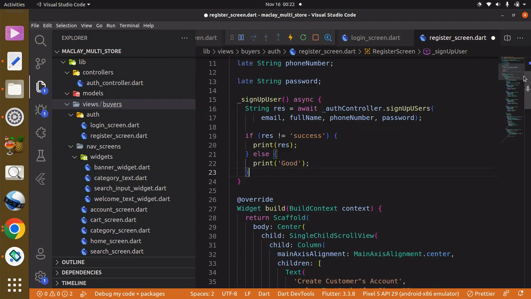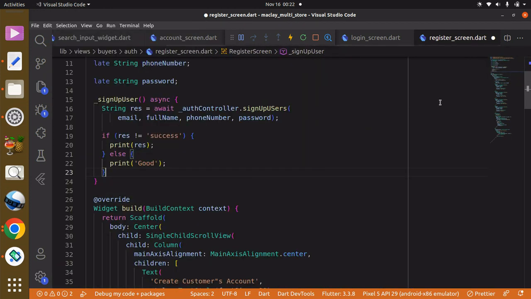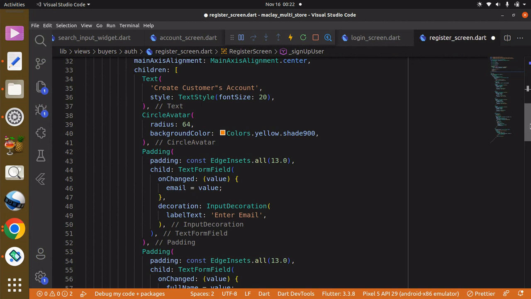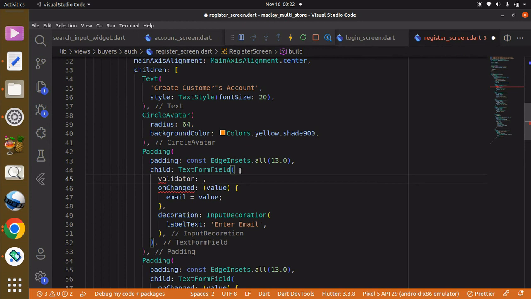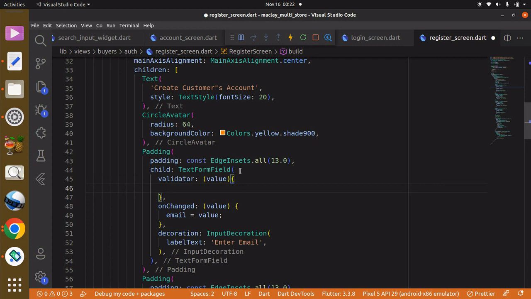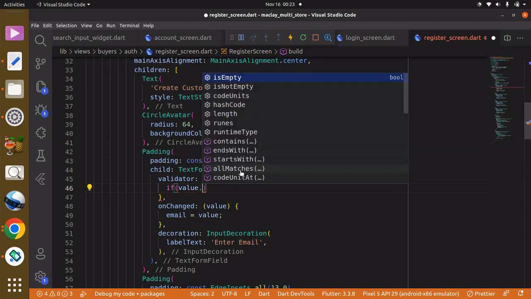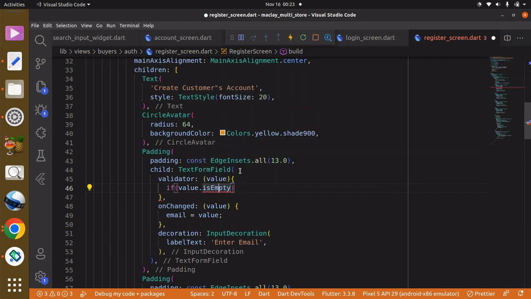What we can do is, within our form, have a check. To do this, the text form field has a property known as validator. Within the parentheses of the validator, it's going to take in the value of whatever the user types. Now we can have an if statement to check if the field is valid or not: if value dot is empty, if it is empty,